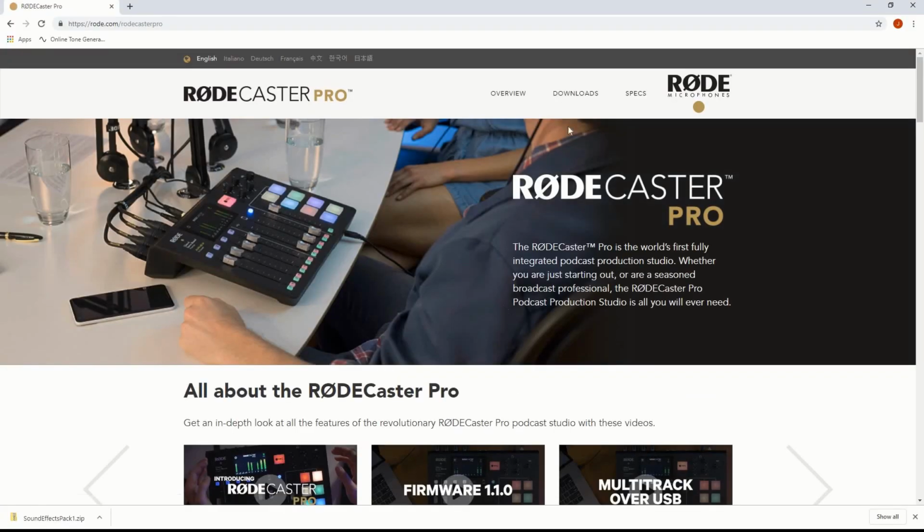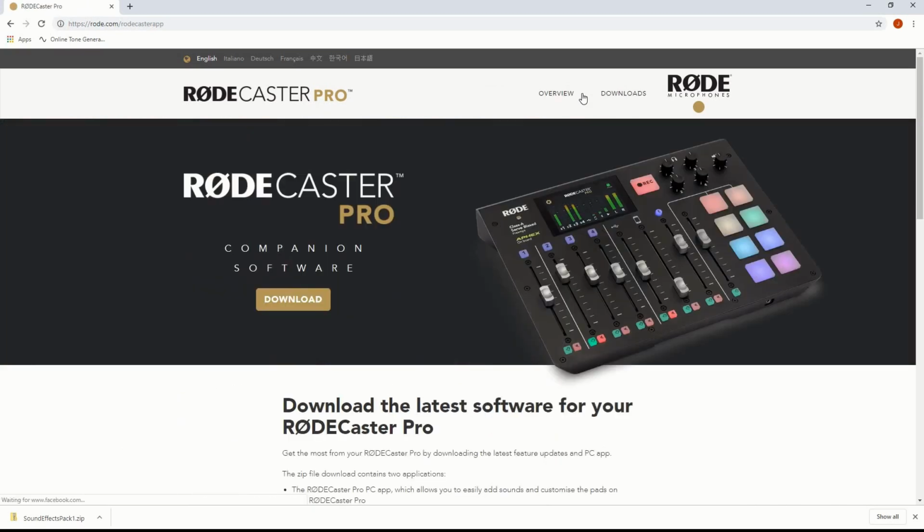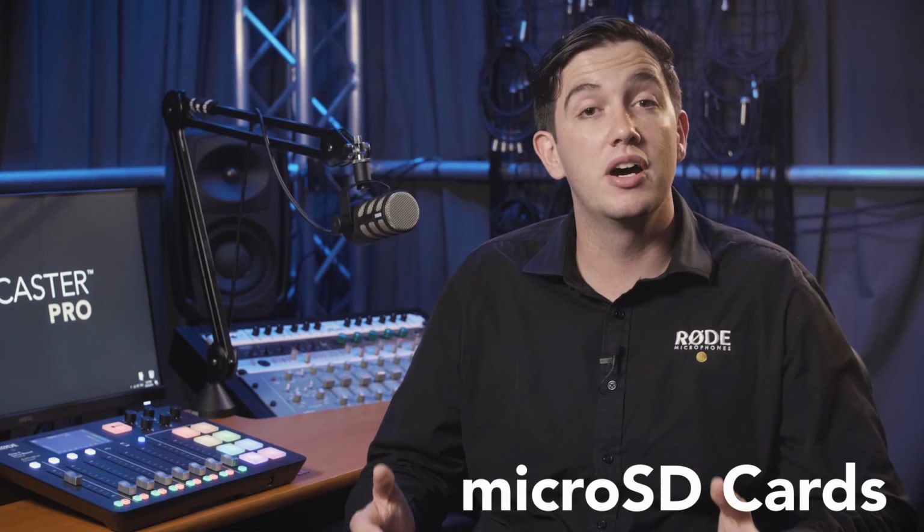Version 1.1.2 doesn't unlock any new features on your RØDECaster Pro, but it does iron out a few of these small issues, so I definitely recommend that you download it and apply it to your RØDECaster Pro to get the best performance. Finally, I'd like to talk about